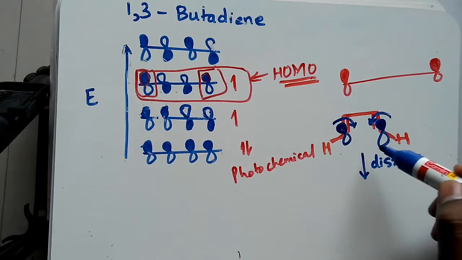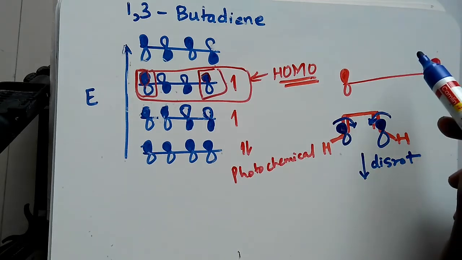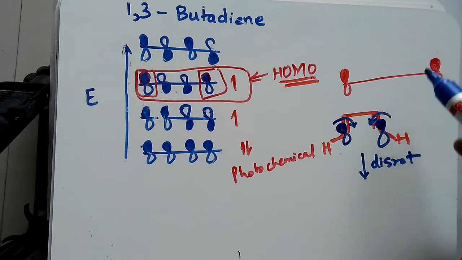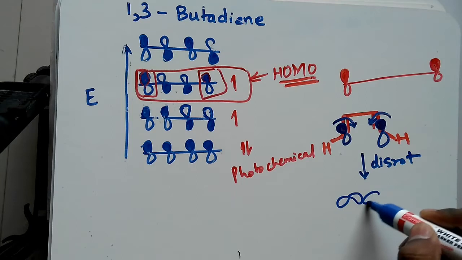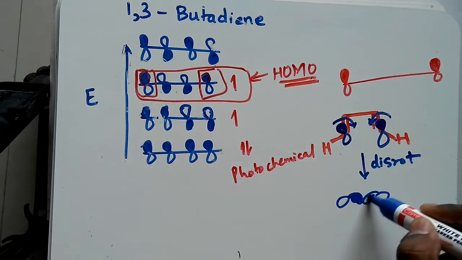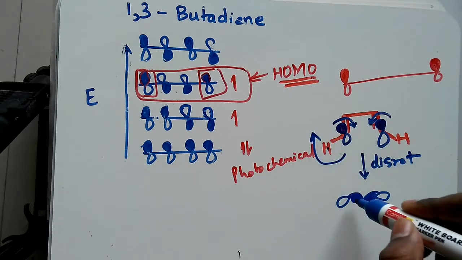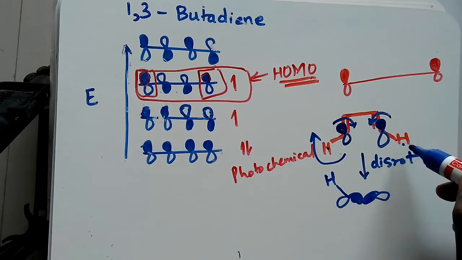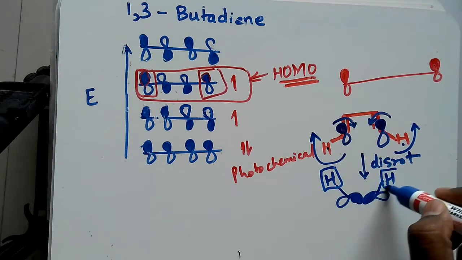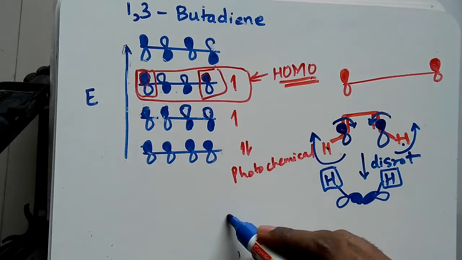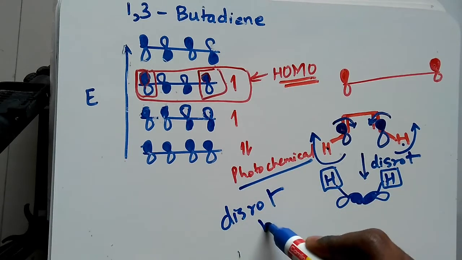If you're not sure what is clockwise and anti-clockwise, please check the video. The link will be over here. Check all the pericyclic videos and then only proceed. So the positive phases come in contact with each other, leading to the formation of a sigma bond. What happens to this hydrogen? Since it is clockwise, it goes on top here. The hydrogen here goes on top. So the hydrogens on the same side are cis. So in this condition, again it was dis-rotatory motion, but in the photochemical condition.